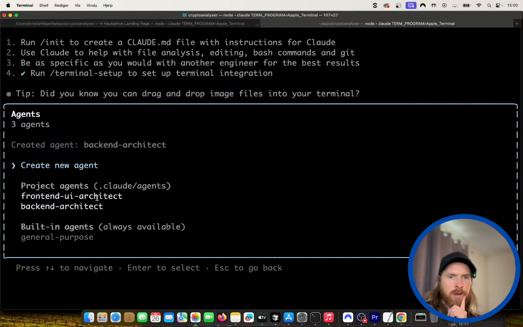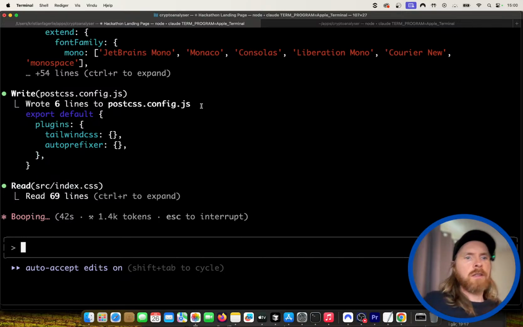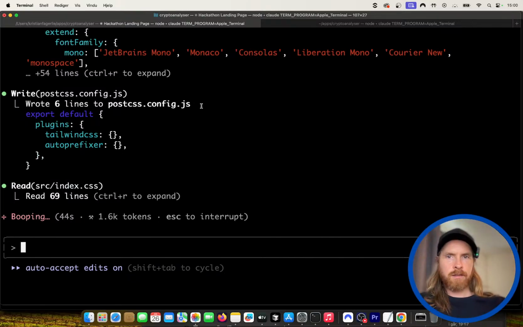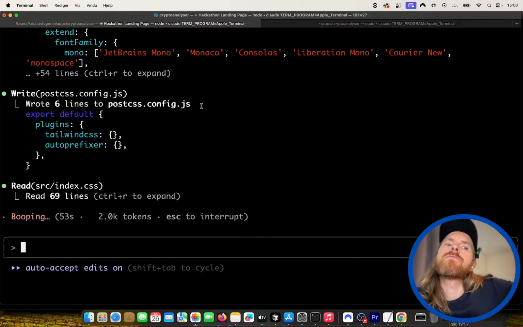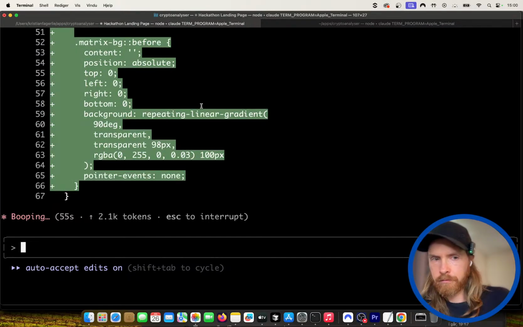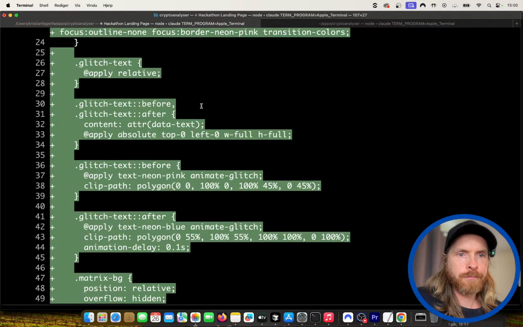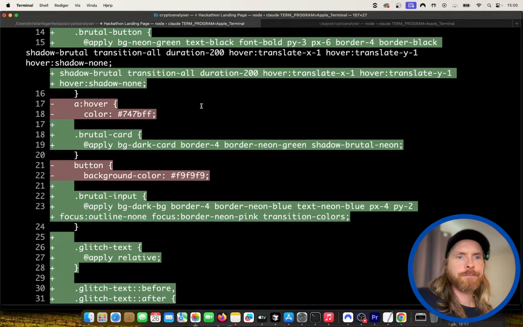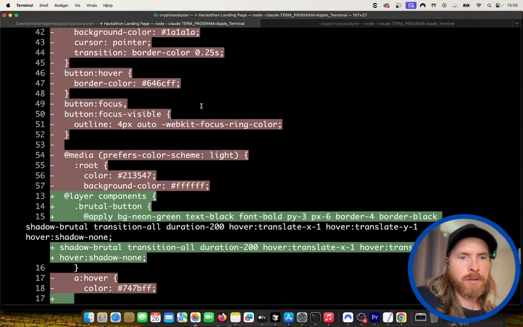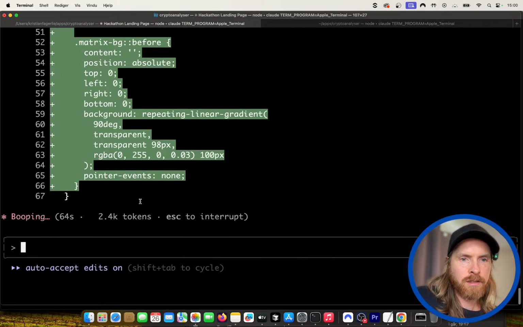I'm going to try to run them in parallel and see what happens. But first, let's get something up here. Yeah, we are using this Brutalist style.